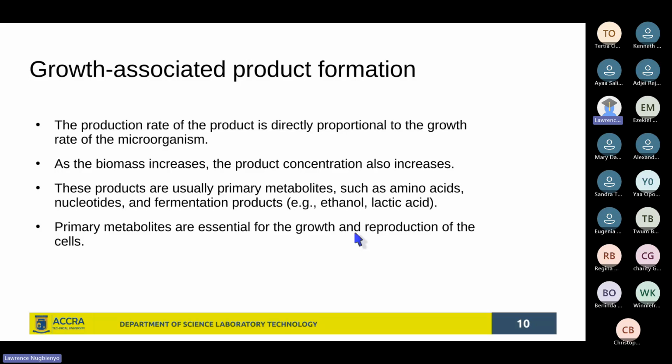And these primary metabolites include amino acids, nucleotides, some fermentation products like ethanol, lactic acid. All of these are primary metabolites that are produced by the microorganisms. For instance, amino acids, nucleotides,